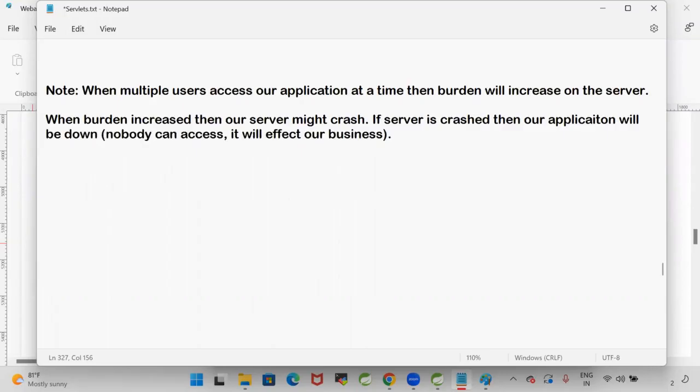Now, do you think the Facebook project will run on only one server? If Facebook runs on only one server, it will crash. For every minute it will crash, the project will not run, and people cannot access it. Then what is the Facebook company doing? They are deploying the application on multiple servers. That is called